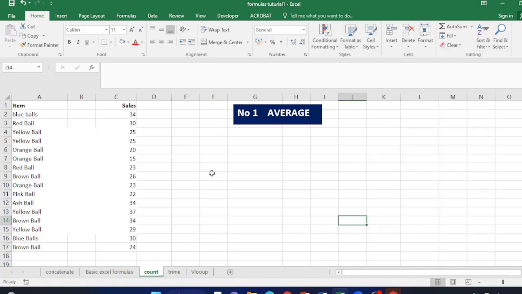Average formula. The average formula is used to calculate the average number in a given range of numbers. For instance, we have on a screen sales made on different kinds of balls over a period of time. To calculate the average for these sales, if we want to know the average sale, all we need to do is